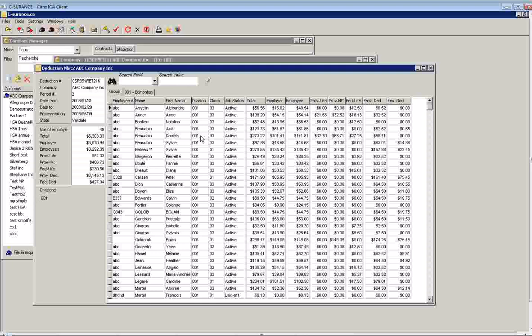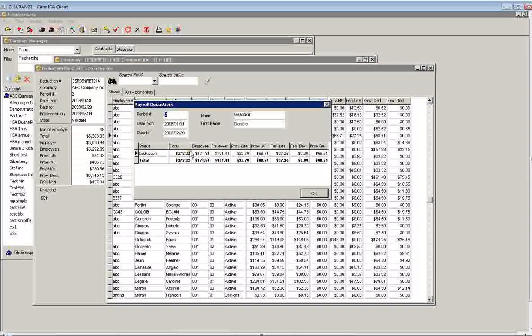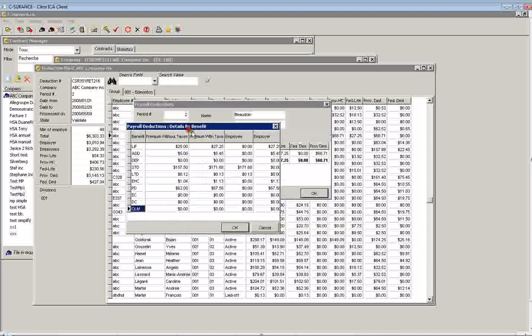So the system here will provide us with all the information related to those payroll deductions for that period of time. At any point in time, of course, you could double click on any of the employees to find out in detail what the amounts are, and then you could again double click to see how the premium was split between premium with tax, without taxes,